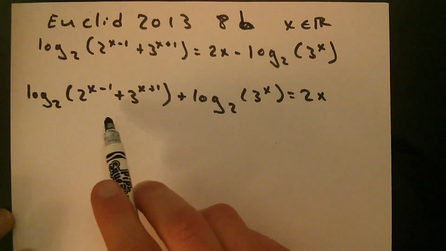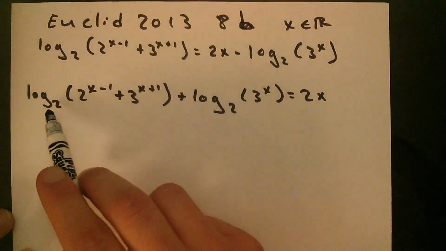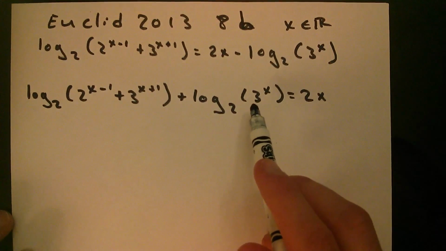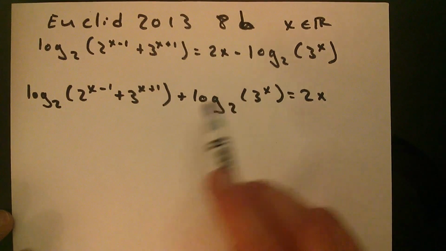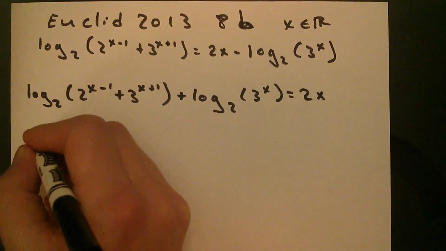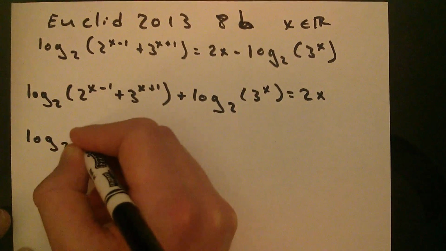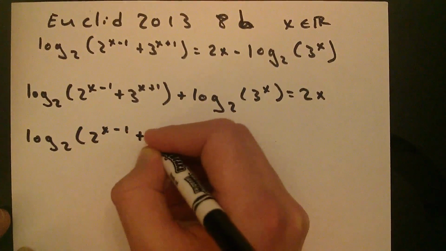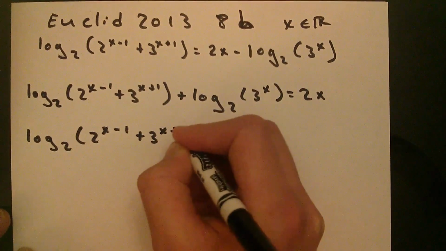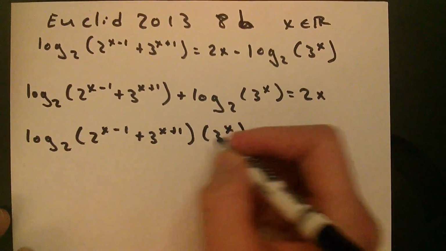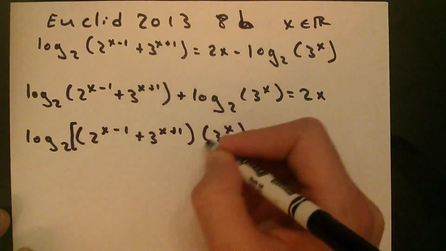Now, using a log property, if I have two logs of the same base added to each other, that's going to be the same as multiplying the insides of the log. So I'll show you what I mean by that. That is log base 2 of (2 to the power of x minus 1 plus 3 to the power of x plus 1) times 3 to the power of x, I'll just put that all in brackets,